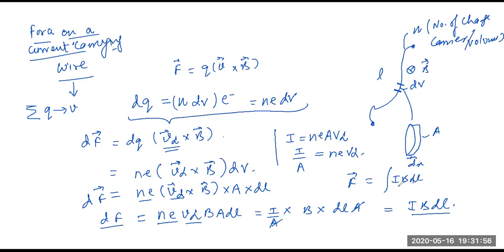Now just see one thing which I want to tell you here. If I and B are constants, then this will be IB times the integration of dL from the initial limit, that means initial coordinates, L initial, to the final coordinates, L final. If I solve this, I'll get IB times L final minus L initial. Now see, do L final and L initial depend on what the shape of the conductor is?